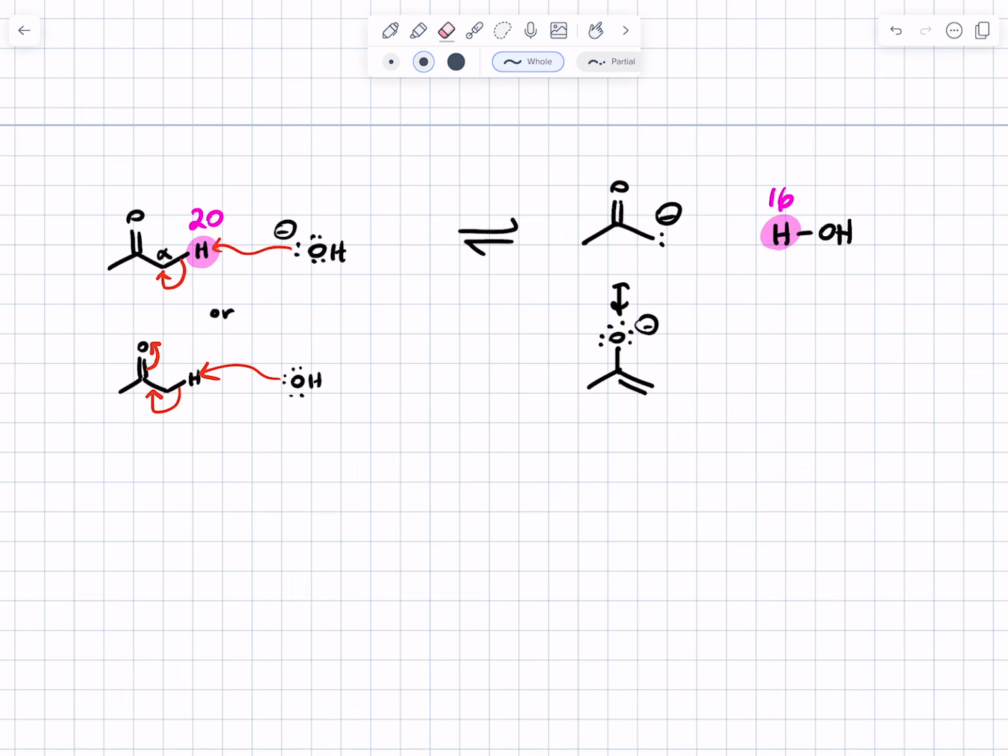Starting material, right? How can you tell? Strongest acid loses its proton, right? And the strongest acid is the one with the lowest pKa. Water is a much better acid by a factor of 10,000 than the ketone. Therefore, you expect the equilibrium constant to be way, way, way less than 1. And actually, we'll draw a big arrow this way, tiny arrow that way. Probably, for a factor of 10,000, you're probably looking at